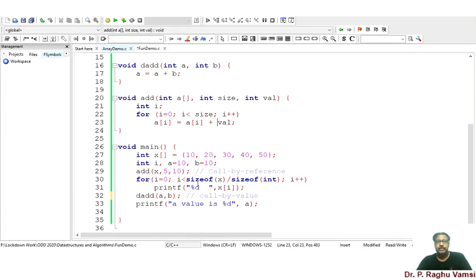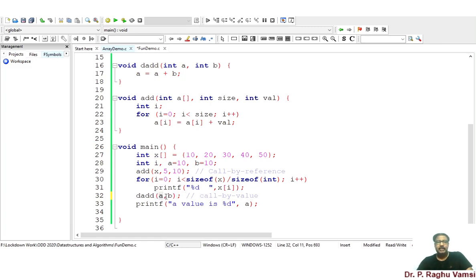This way of parameter passing is called call by reference. Usually we call the parameter passing mechanism call by reference when we pass an address to a function, whereas in call by value we pass a value to a function. Here we have passed the address, because the array name itself indicates the address of the first location.